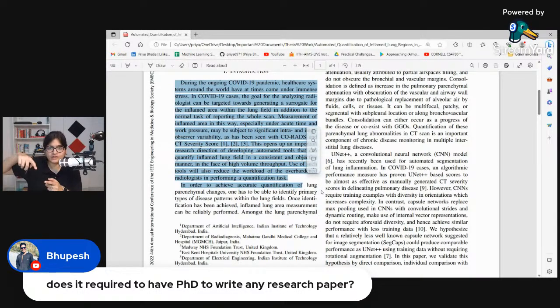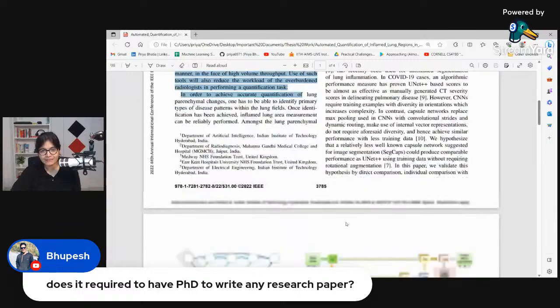So my research gap was that radiologists are not there. We can't generate doctors at an instant, right? It requires a lot of time. But we can generate some AI-based tool, where we can just pass the CT scan of a patient, and that tool will be able to understand and let us know how infectious that lung portion is, right? That was a gap which I found, which I talked about in the intro part. So I have talked about what COVID-19 is, what the gap is, and all those things.